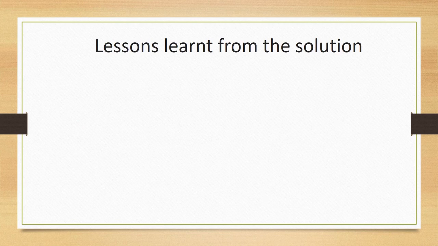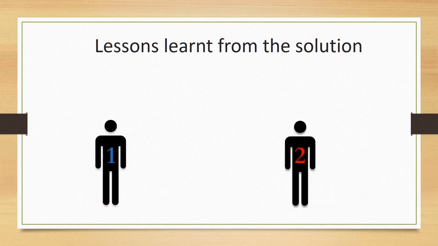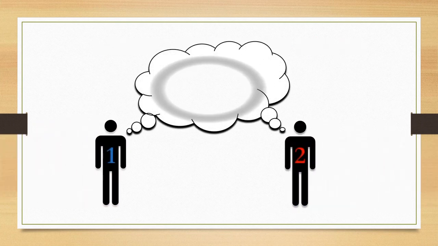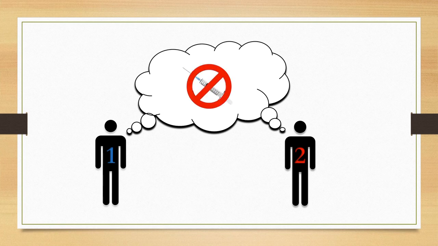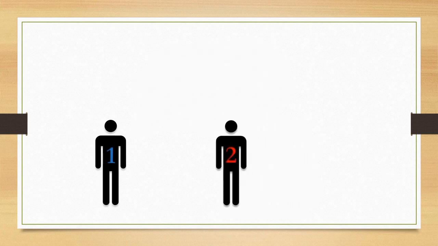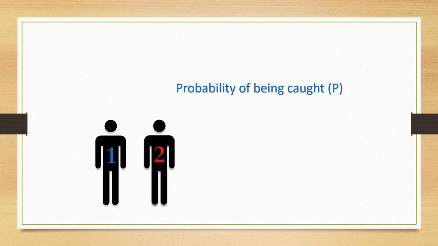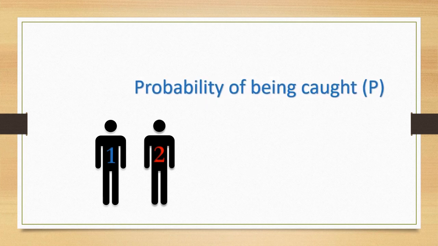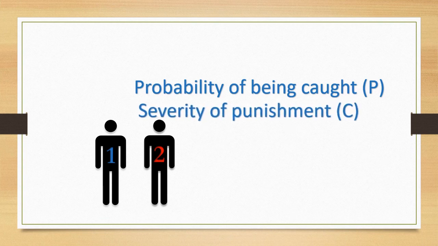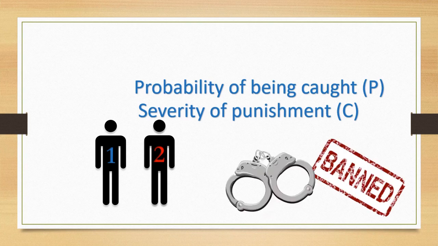The optimal outcome for both athletes and for society would be if neither used performance-enhancing drugs. To achieve this, we would need to change the payoffs so that there wasn't an incentive to dope if another athlete was to dope. Using theory derived from the Becker-Freeman model, doping could be eradicated from sports by increasing the probability of being caught, which we refer to as P, and also the severity of punishment, denoted by C. This could be achieved by doing more extensive checks covering a wider range of athletes and increasing the length of the ban from sports or by imprisonment.